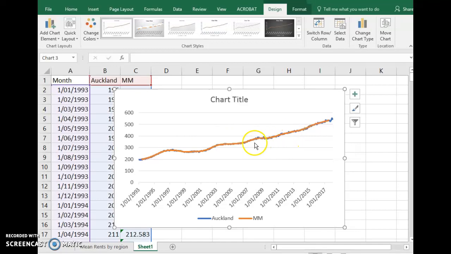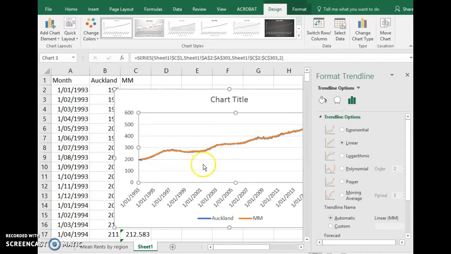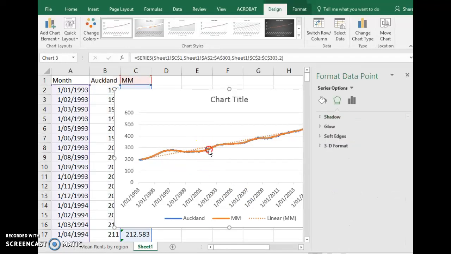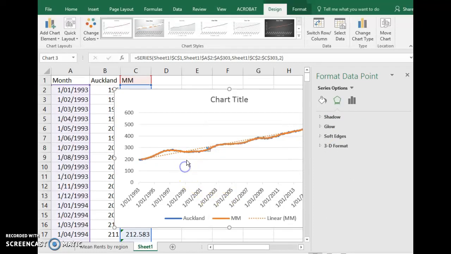So I'm happy that the data's somewhat been smoothed. If I zoomed in, you might see a few spikes here and there in the Auckland property market. So my prediction, if I click on the moving mean line and then right click, it should bring up this add trend line. When you first do it, you'll probably click too many times. Oh no, that worked as well. And if I just click on that trend line, or click on that orange line again,